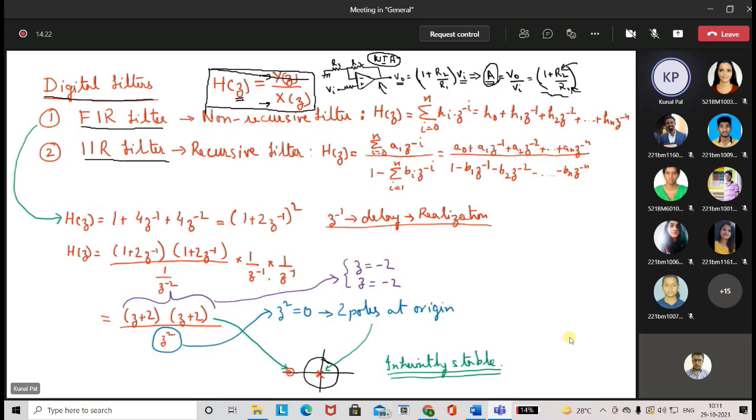It is within a complex plane, and it is also associated with the frequency component. So this H(z) is basically a frequency dependent transfer function, or the frequency dependent gain of a particular digital system. Keep in mind that you have A equals V0 by V in. Similarly, in H(z), V0 is nothing but Y(z) divided by X(z), which is the input.